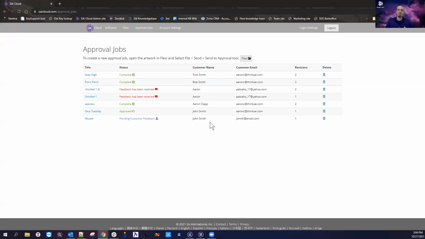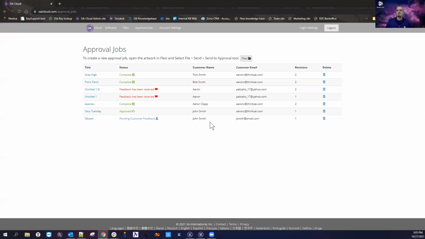So this is the artwork approval tool. Again, we think there's a lot of cool things that you could do with this in order to keep your customers organized in terms of communication back and forth. And it gives customers a great way, if they like to be contactless and you're doing their design work for them, to keep that contactless until they're ready to come pick it up. If they prefer that, this might be a really good way to communicate back and forth, especially with how things are today. So we think that this is a cool little tool to use, and hopefully you can use it in your